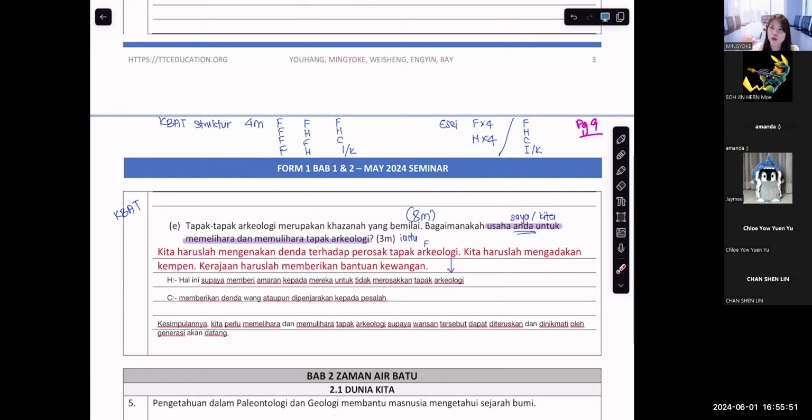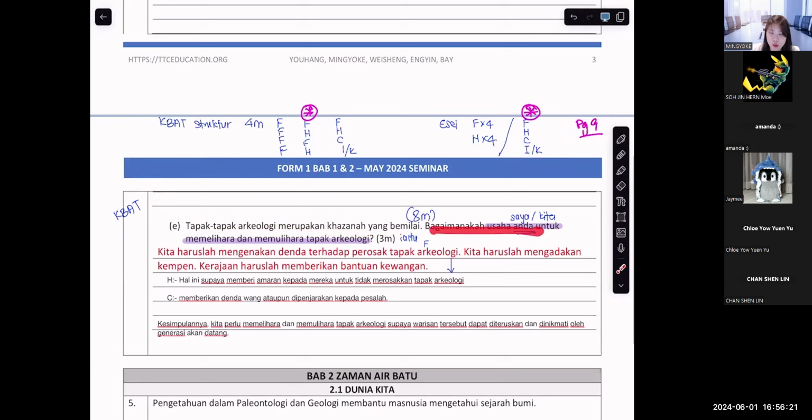Okay? So you must have at least fakta huraian, fakta huraian, 4 fakta, 4 huraian, or fakta huraian contoh. For essay, most of the teachers will choose this. For structure, they choose this. Take note. Structure, fakta huraian, fakta huraian. Essay, fakta huraian contoh.